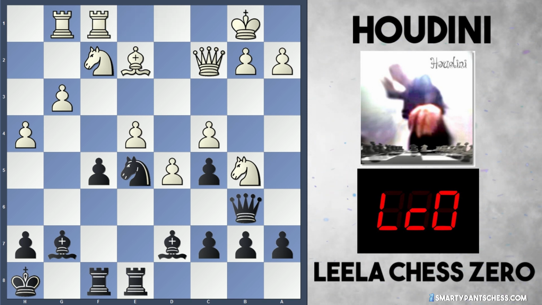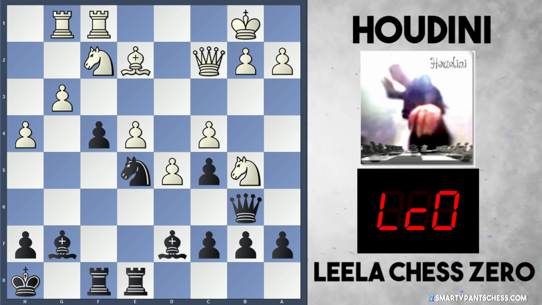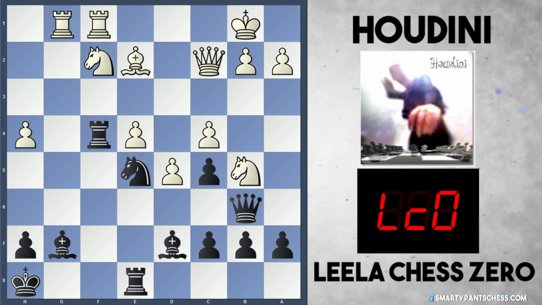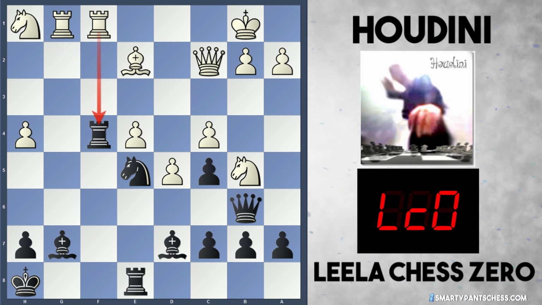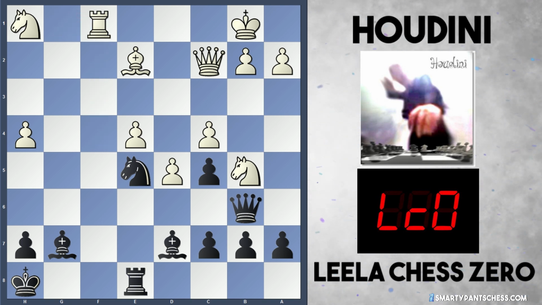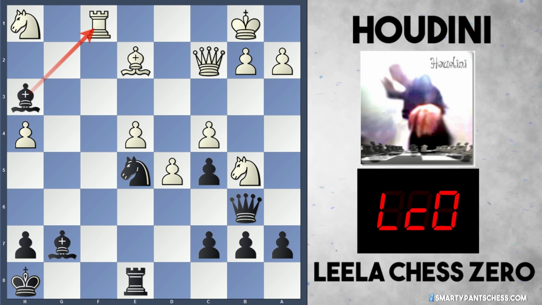Rook df1 from Houdini, and instead of capturing here, Leela now plays f4, undermining this g pawn and preparing to play f3. So white's pretty much just got to take that pawn off, and if the rook takes f4, Houdini plays knight to h1, trying to swap rooks off, and Leela obliges. Rook takes f1, rook takes f1, and plays bishop to h3 here, attacking the rook because Leela wants the f-file